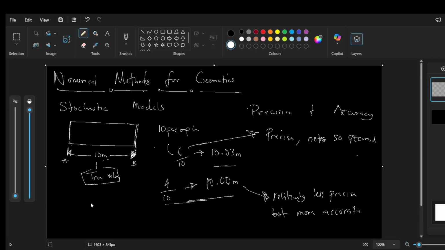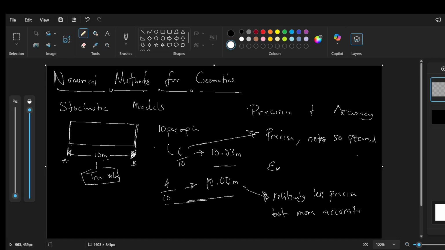So accuracy is basically how close you are to the true value, and precision is how clustered together your observations are. So these 6 people, who are more than the 4 people, made observations that were clustered together. Yes, the 4 also made observations that were clustered together, but 6 is greater than 4. So relatively, when you're comparing the 6 to the 4, the 6 are more precise, but they are less accurate because